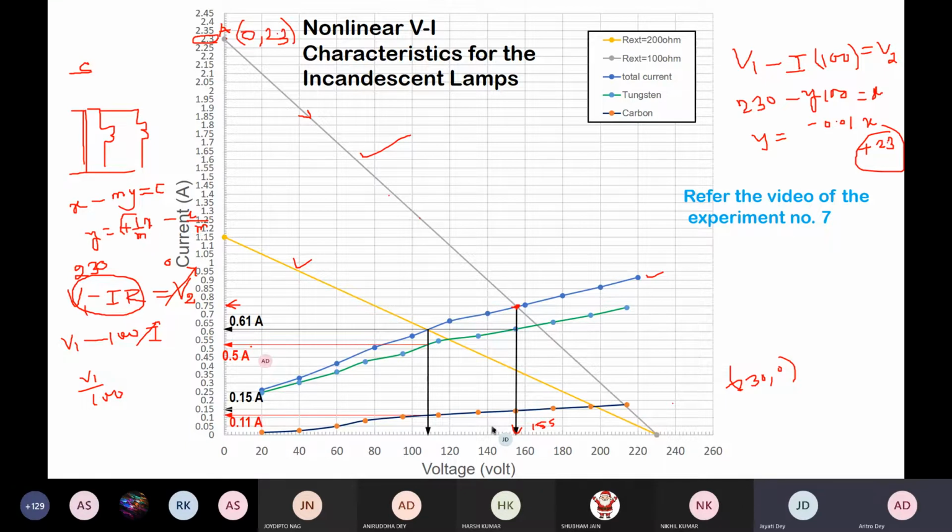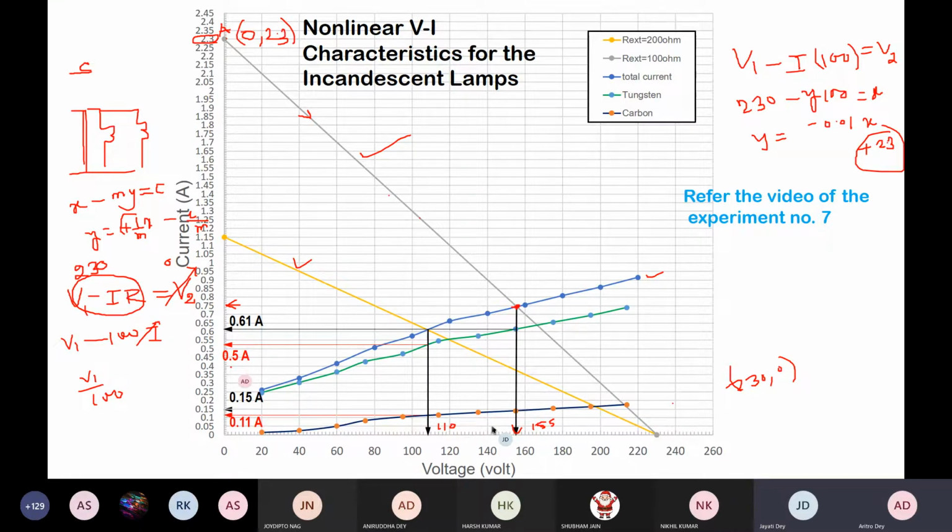Understood? Although 230 volt is applied, if it is no load characteristics, then 230 volt itself will appear across the lamps. But here it is shown from the intersection point of the no load characteristics and load characteristics that the voltage across the lamps, when R external or R load, you can think, is 100 ohm, comes down to 155, and when it is 200, it again comes down to a lower value, that is 110,